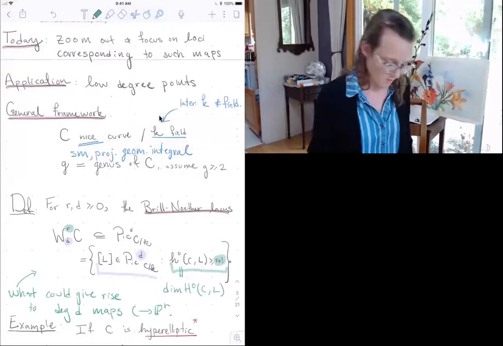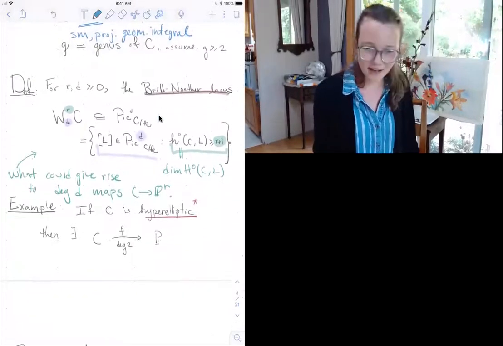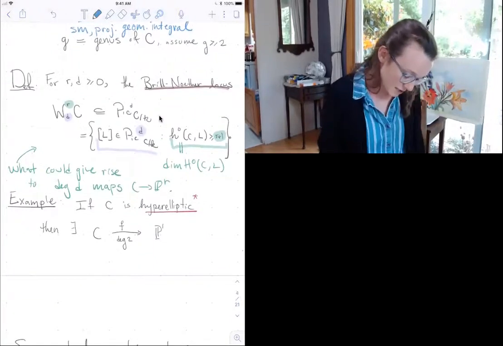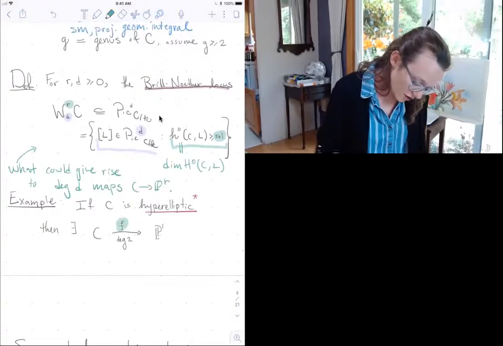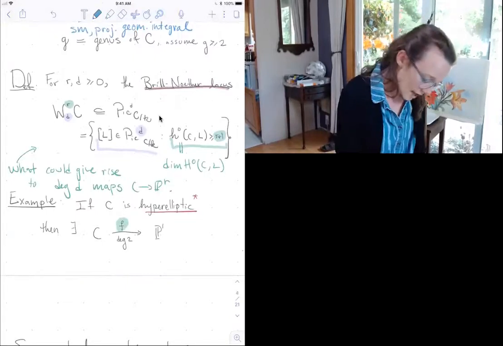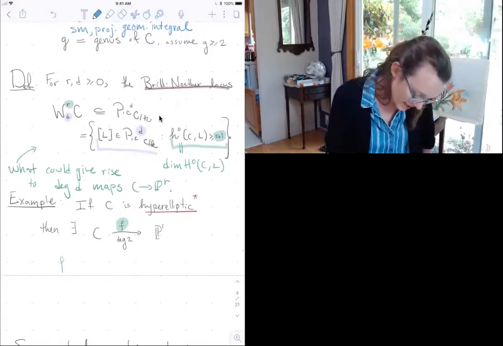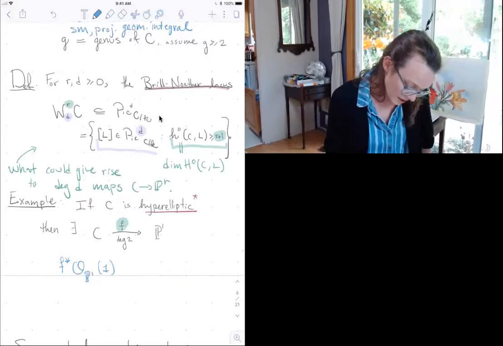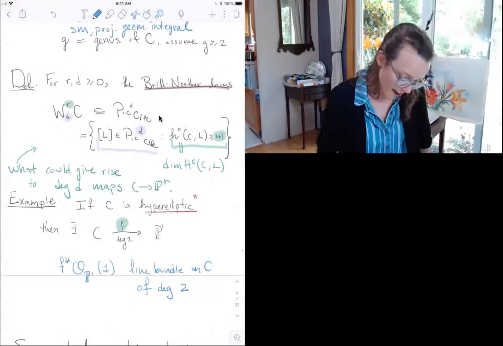Let's do a first example that we've already seen is important. So the first example is if my curve is hyperelliptic. Then by some definition of hyperelliptic, it means that there exists a degree 2 map, I've called it f here, from my curve to P^1. And so let's see how this is related to a W^r_d. Well, I can take this map and I can pull back the line bundle O(1) from P^1. So then this is now a line bundle on C of degree 2, because the map was of degree 2,